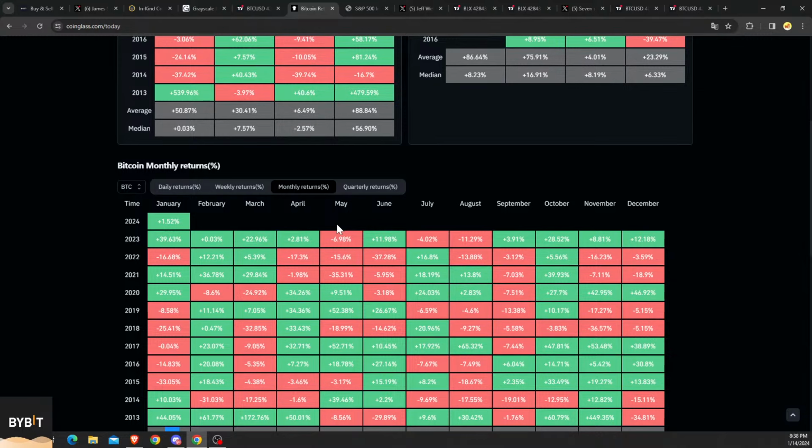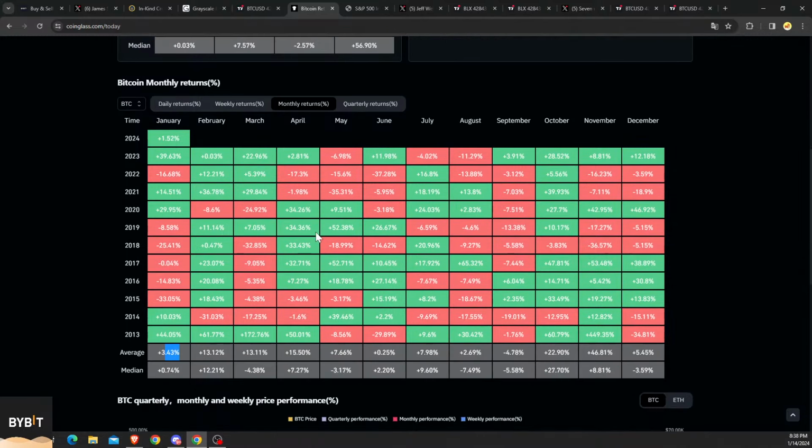Now, Bitcoin monthly returns, we said it before, January isn't necessarily one of the best months. We've got September, which is bad as well. And then we have, which was it, June, right? Summer months aren't necessarily the best. But all in all, I think January will probably remain within a range here, which will be beneficial for altcoins. But I'm not really expecting a huge drawdown in January. I think that will be happening within February or maybe even March. It is coming, but I don't really think that we're going to be doing it within the first part of